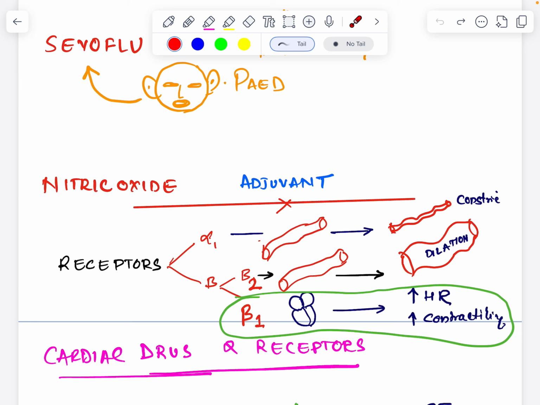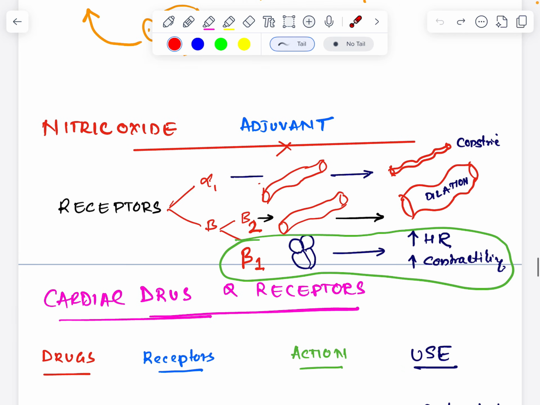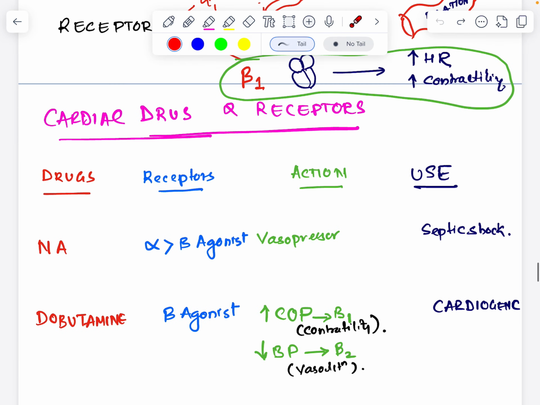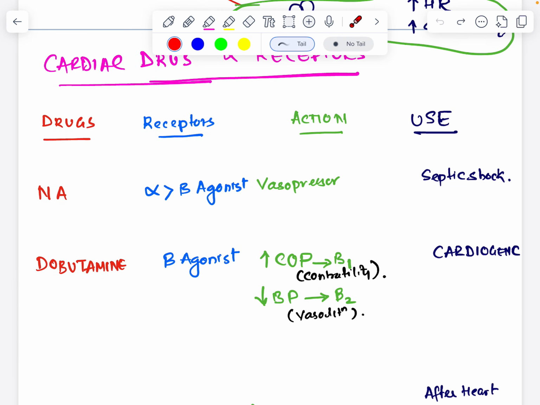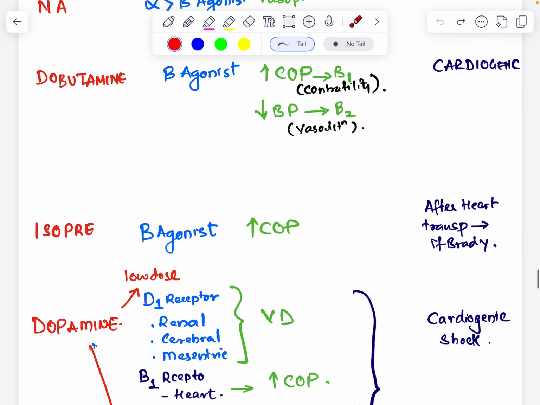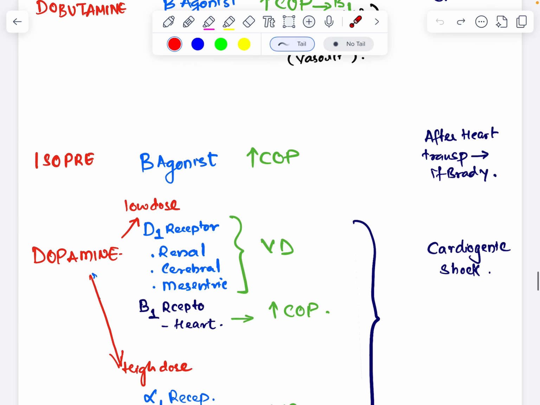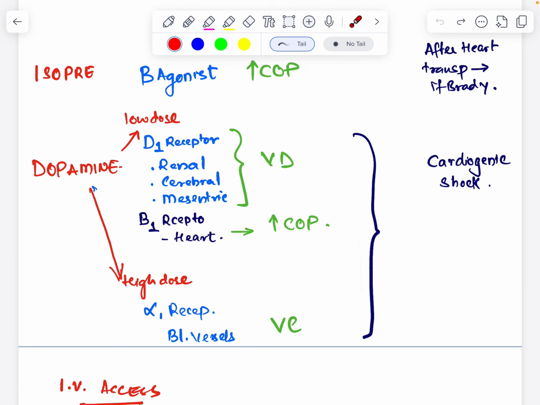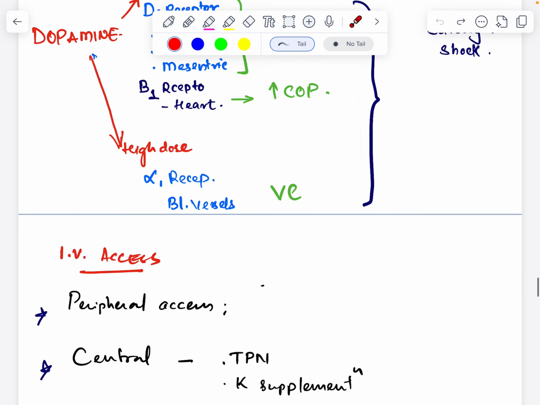Different types of receptors: alpha 1 for the blood vessels causes vasoconstriction, beta 2 receptors in blood vessels cause vasodilatation, beta 1 for the heart increases contractility. Cardiac drugs: noradrenaline acts on alpha, vasopressor, septic shock. Dopamine, beta agonist, increases contractility, cardiogenic shock. Isoprenaline, beta agonist, increases cardiac rate, after heart transplant and in bradycardia. Dopamine low dose, high dose: low dose D1 receptor vasodilatation, high dose alpha 1 receptor vasoconstriction. So for renal perfusion, this vasodilatation can be given in low dose. So these are